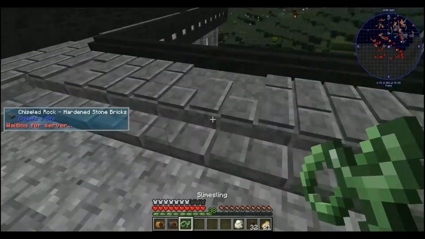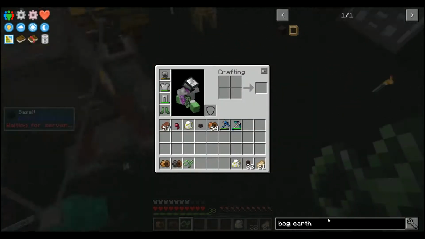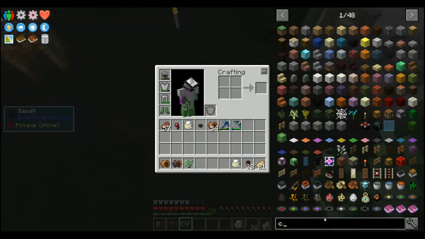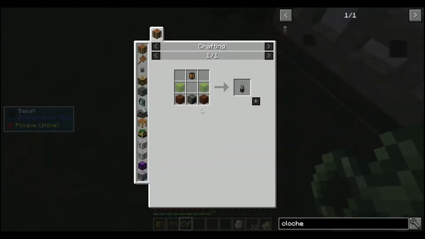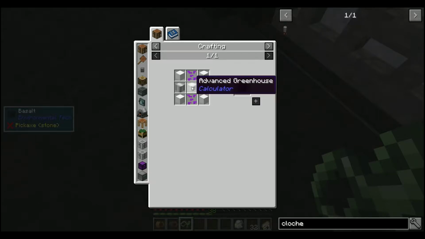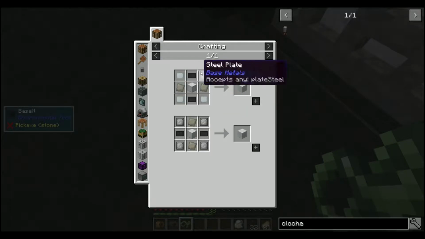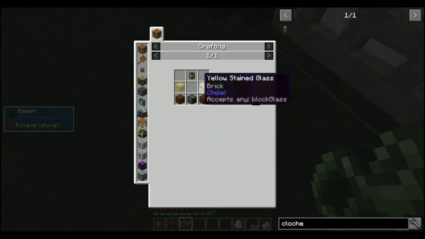Just to remind you of the garden cloche recipe, it requires 4 blocks of iron, 2 iron casings, 1 advanced greenhouse, 1 of these, and the iron casings, of course, are these, and the steel, and that, and...